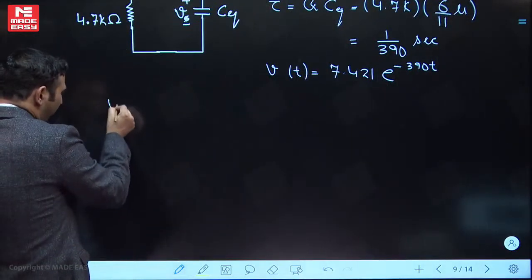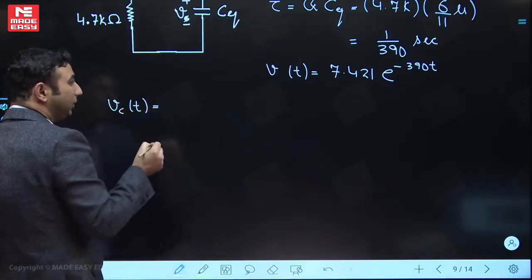So I'm applying the voltage division rule. Vc of t will be equal to V of t